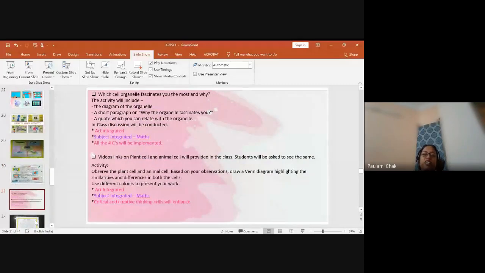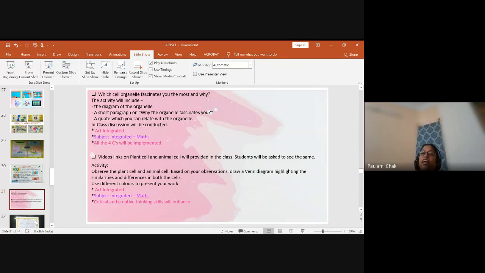Now this activity I planned this year while I was teaching them cell in grade 9. Grade 8 also we can use the same thing in biology. In the class, after teaching some cell organelles, I said, okay, now you have known almost all the cell organelles. Which cell organelle fascinates you the most and why? So they started giving me answers. We have a variety of tools in our portal through which we teach in school, so I used those, and I asked them to write it on the whiteboard or in the Jamboard. So they came up with this.